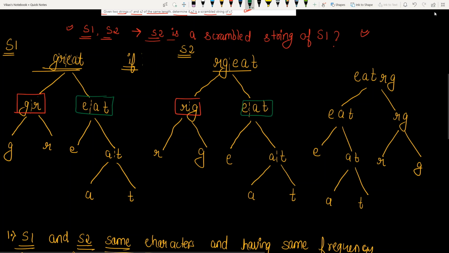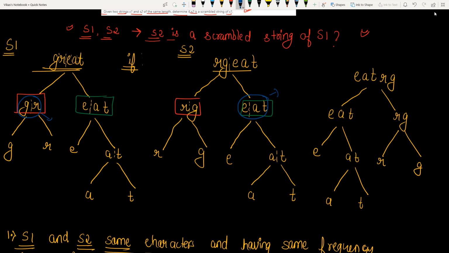Now there is one more condition. We can say that my GR is scrambled and this EAT is also scrambled, or when we split these two, we can say my GR is an anagram of this string.